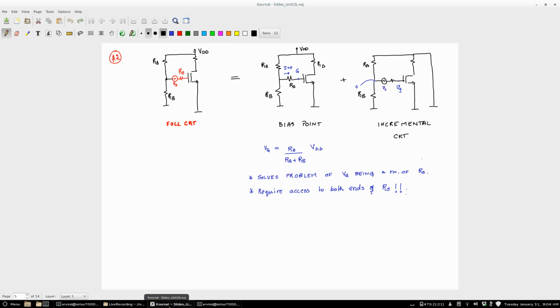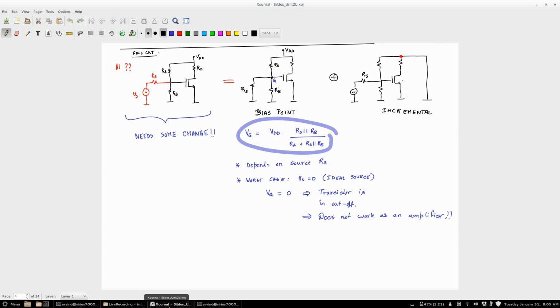Vg is 0. Okay. So Shivang had this other idea where you connect the source, instead of connecting it here, where what I have drawn in red, you connect it in between the resistor point and the transistor gate. Okay. So this in principle will work. However, the difficulty is that for this you need a source whose both ends are accessible. Most practical sources you would have only one end accessible, the other end is by default assumed to be ground. So that's why this connection also has limited application.